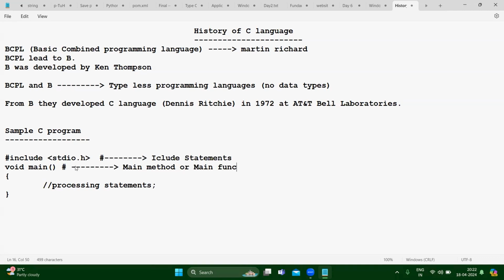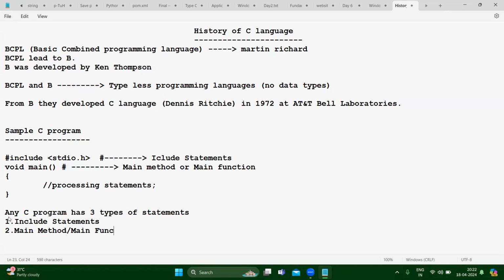Any C program has these three types of statements in common: include statements, the main method or main function, and processing statements.